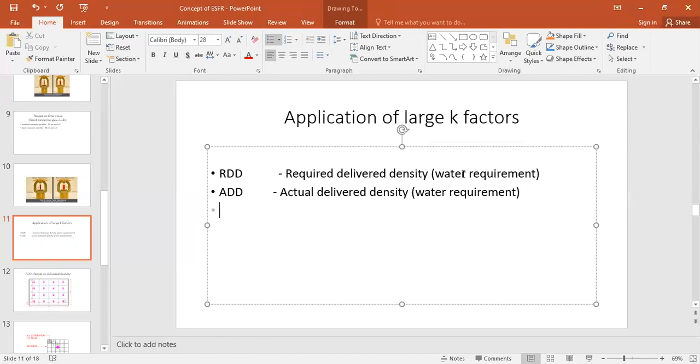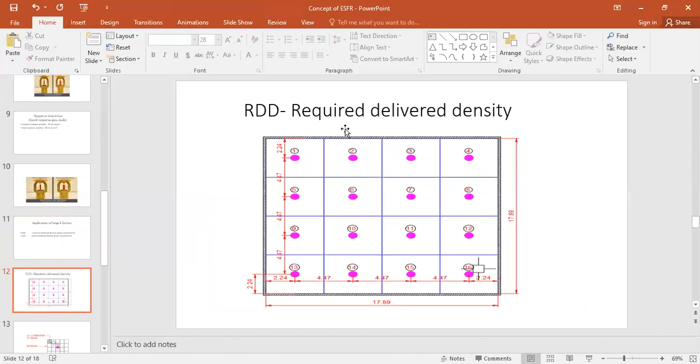Density is nothing but the water requirement. If a fire starts somewhere, we are using water as an extinguishing agent, as a control agent, as a suppression agent. So it requires some amount of water, no? That is the value it conveys. How much? Let's see, this is on plan view. I made the sprinkler system in accordance with NFPA 13 as a light hazard spacing. Each sprinkler coverage is 20 square meter.